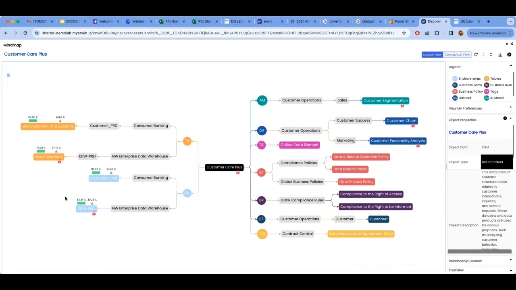On the left-hand side, I have all the technical assets. These are the tables and files and reports, whatever the physical artifacts we scan from the source systems. And on the right-hand side, you have all the business metadata, what we call not only the definitions, business rules, business policies, contracts, SLAs, data sharing agreements, etc. All this information is available here color coded, and you can see what the different color codes mean in this small legend.